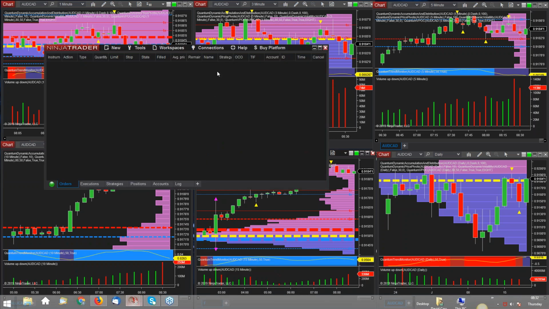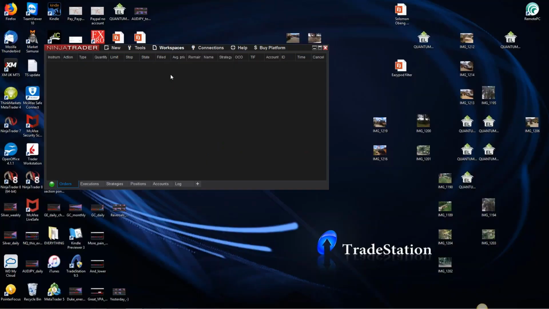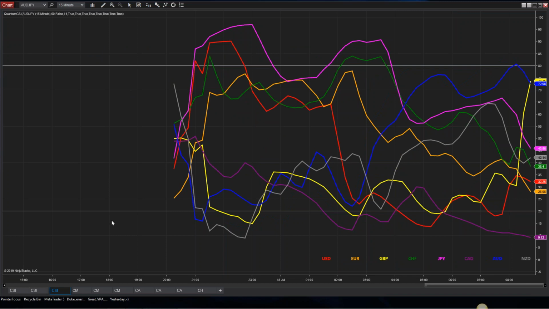Let's just have a quick look back onto the CSIs, see where we are. There we are, that's on 15. As you can see, this is what often happens in the London session. We haven't really gone to the pound today. This is 8 o'clock London time. But as I said earlier on, it is the classic point at which you will see very strong reversals coming